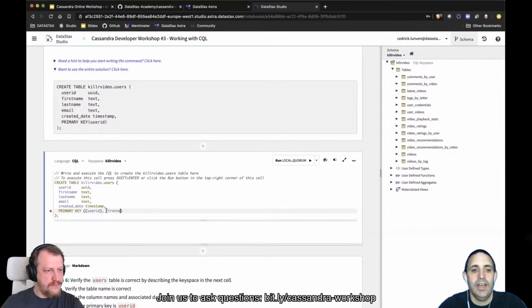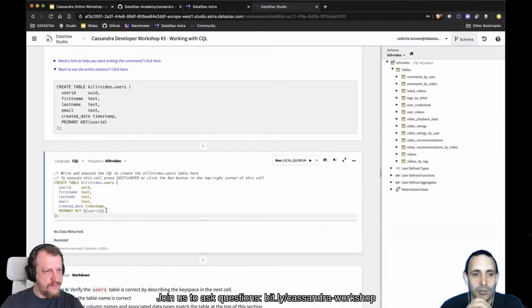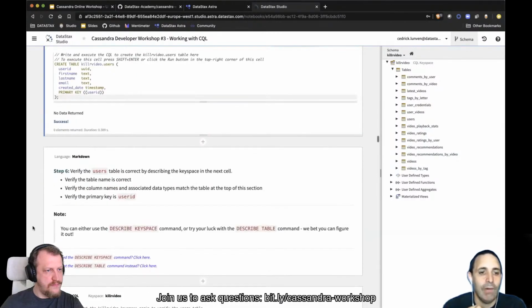And now we can totally differentiate what is the partition key and what is the clustering column. So always using double brackets is a good way to show people that you know what you are doing. Okay, I've created the users table.